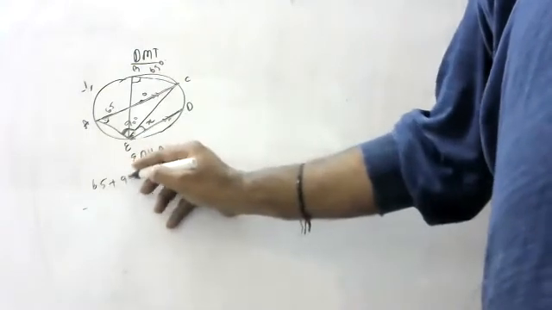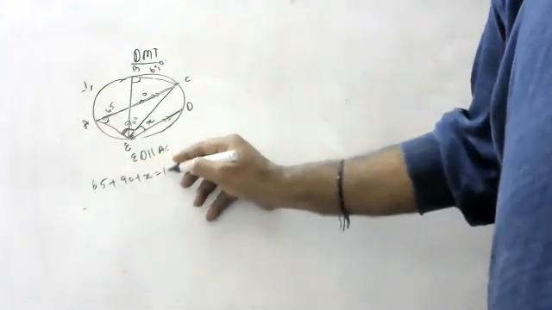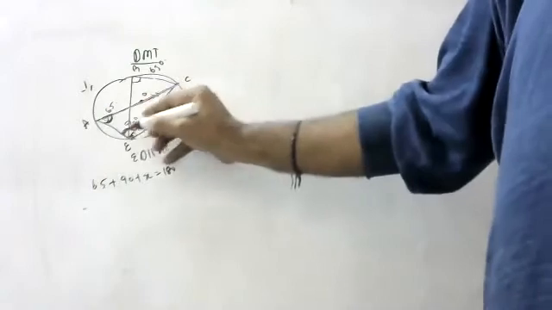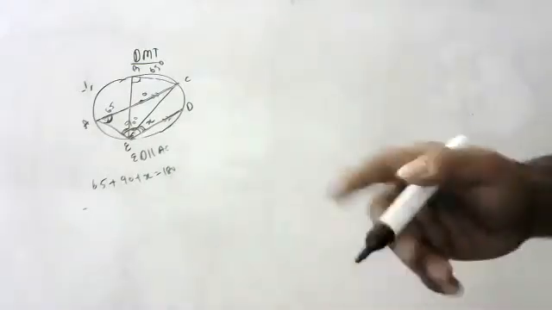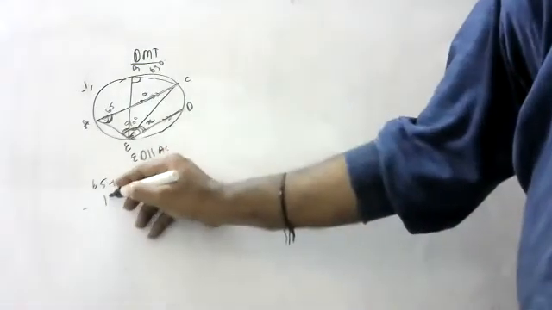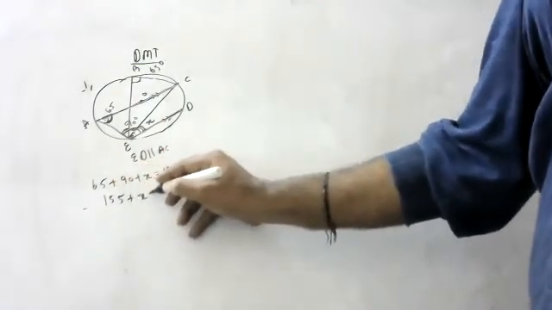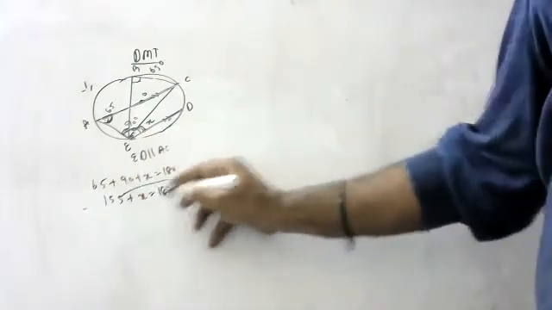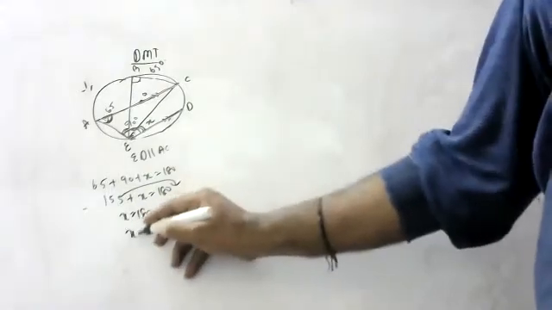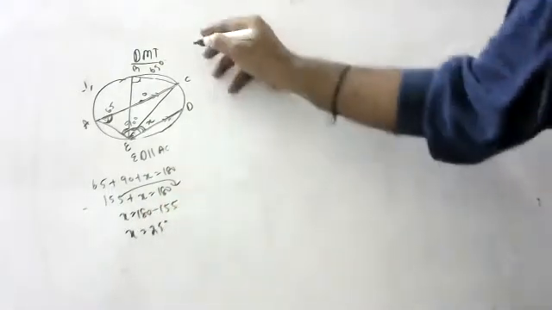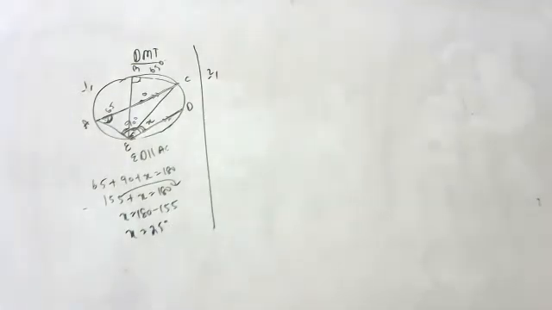65 plus 90 plus x is equal to 180, because this angle plus this total angle will be 180. Why? Co-interior angles are supplementary. So how much, children? 155 plus x is equal to 180. This comes here. x is equal to 25. Try to understand, children. No one is telling. Shenmukh only is telling. Next question, children.